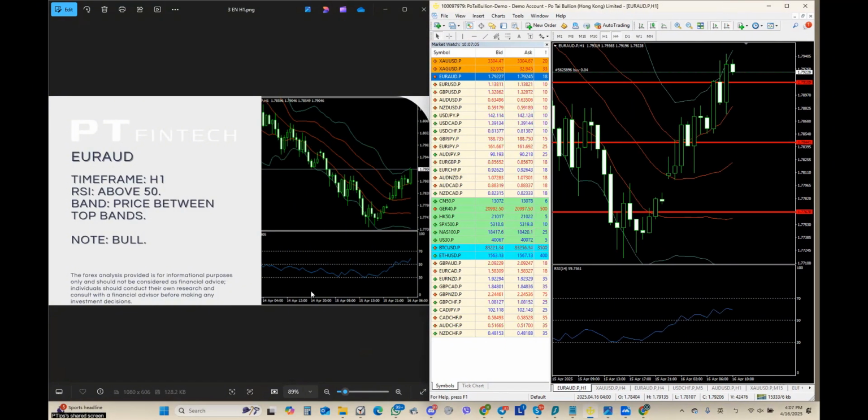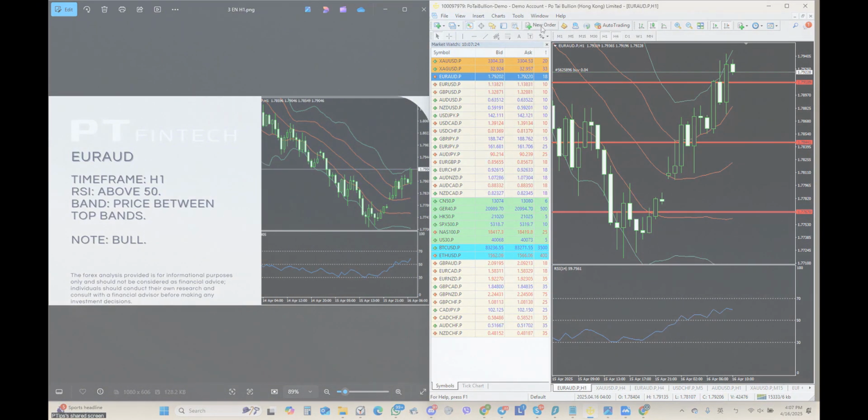All right, so on H1, let's take a look at PTips. RSI is above 50. The dual Bollinger bands, prices are between the top bands. So this mix is that it is bullish. From what I see, it is a very classic bullish mix or indication. So let's now